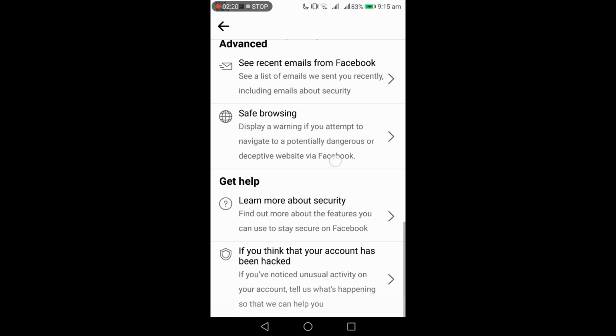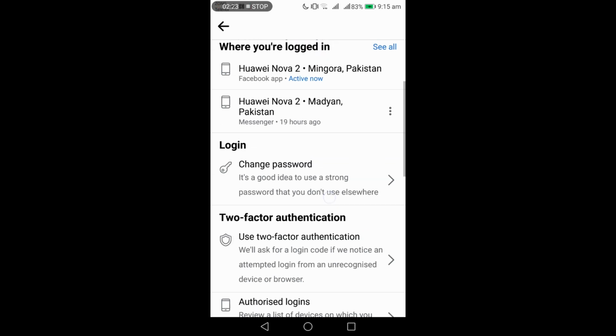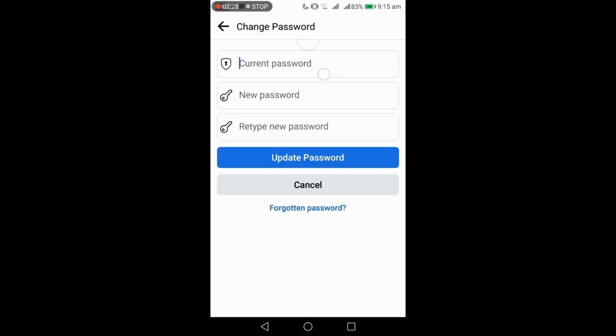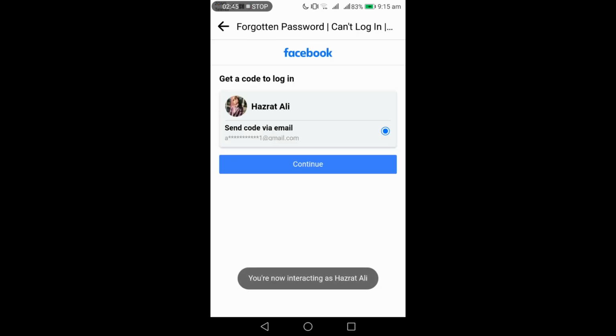To change it, just click on this button. Okay, when you click here, it shows that you should enter your current password. But if you don't know the current password, it doesn't matter. You just simply click on forgot password. When you click on forgot password, you are redirected to this page, and there are two options. One is email and the other is phone number. So this is my email, and if I click on continue,